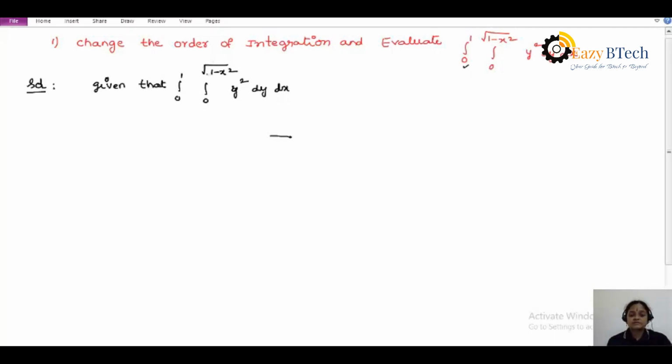According to the evaluation procedure of double integration, if the first limits are given in terms of x, then those limits are y limits, and the next limits are x limits, because if y limits are functions of x, then x limits are constants only. So the order in the question was given as dy dx. Now by using this topic you have to change the order dy dx as dx dy. So now using the given limits,